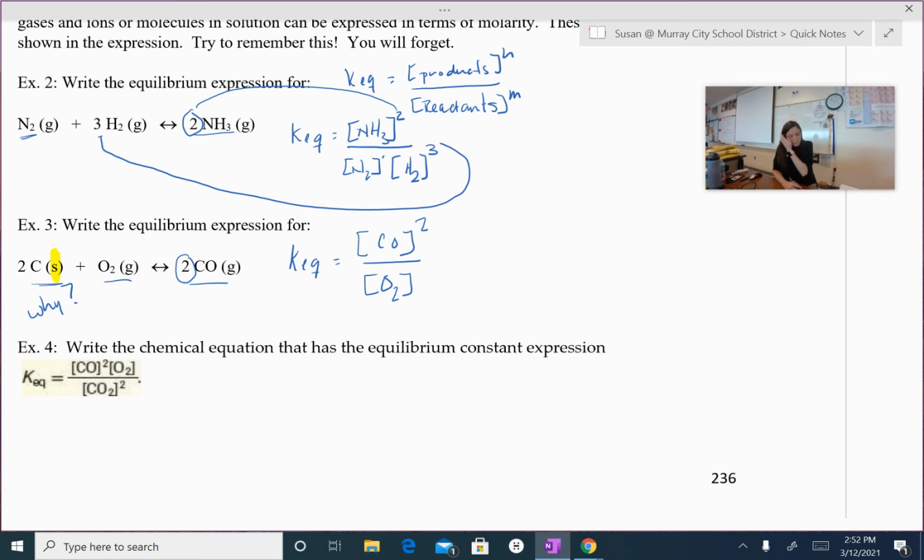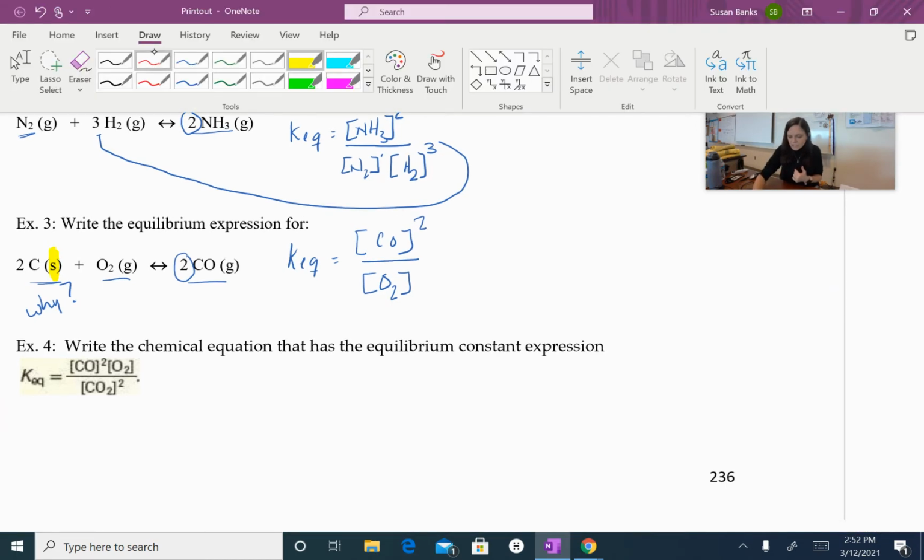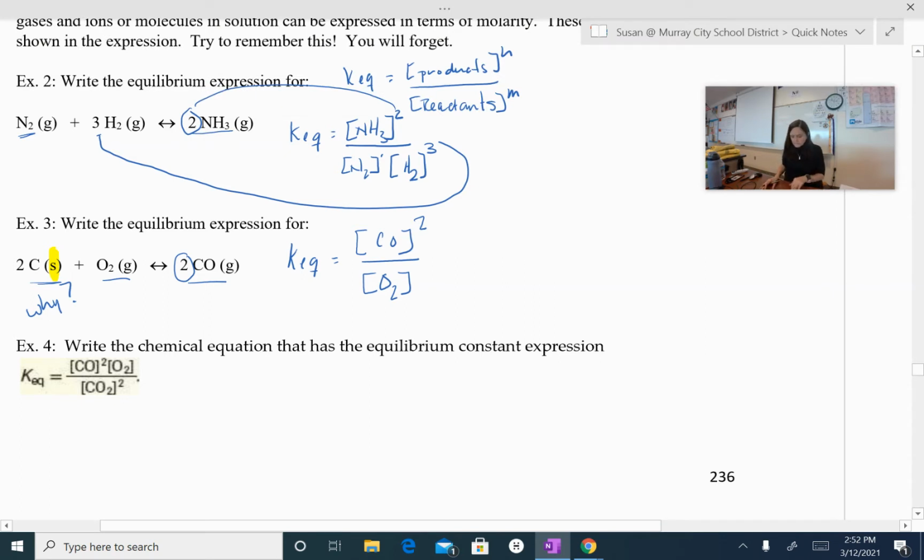All right. Number 4, example 4, write the chemical equation that has the equilibrium constant for this expression. So can you do the reverse? Remember, products are on the top. So what are our products? We have carbon monoxide and oxygen. And what does that square from that carbon monoxide tell us? It tells us our coefficient. So let's see if we can deconstruct this. Okay? So I would have 2 carbon monoxides, right? Because that 2 is going to become a coefficient, plus oxygen is going to make me 2 carbon dioxides,